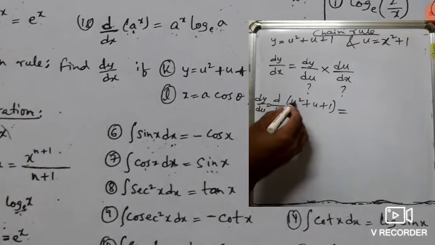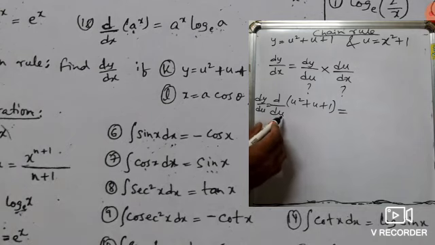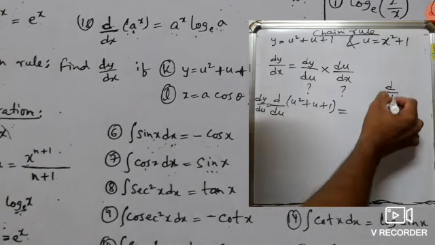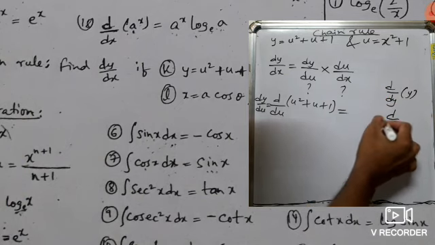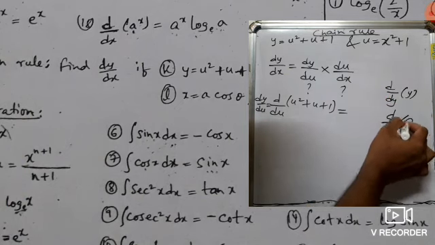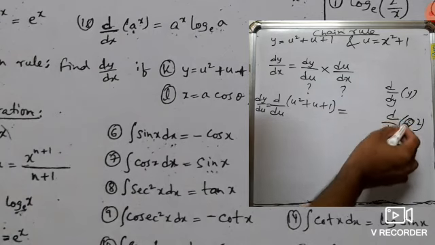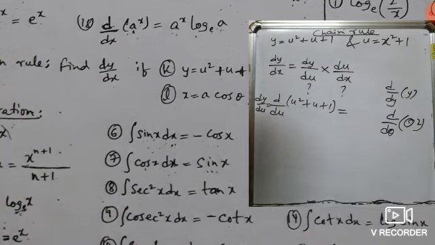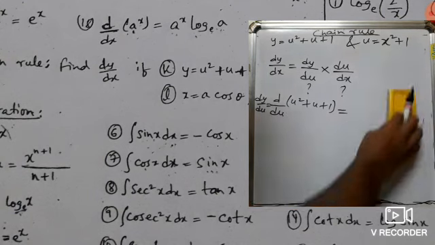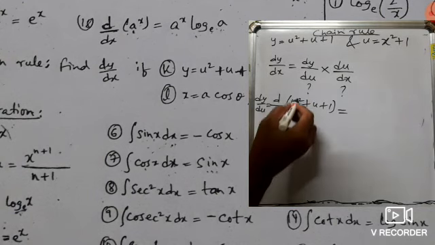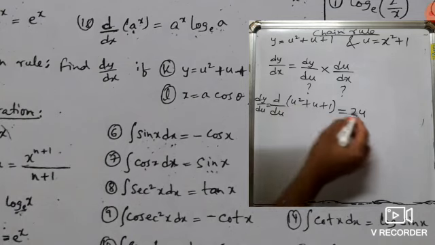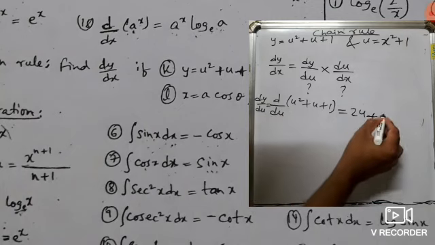Now d/du of u square. Before, we have seen the derivative and done d/dx of x. Now we are doing d/du of u. Similarly you can do d/dy of y, d/dtheta of theta square. So we can do the derivative of something with respect to that variable only, theta with respect to theta, y with respect to y. Now let us see d/du of u square, you will get 2u, 2 will come in front, plus d/du of u equals 1.